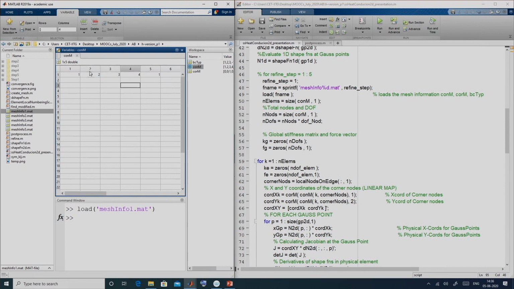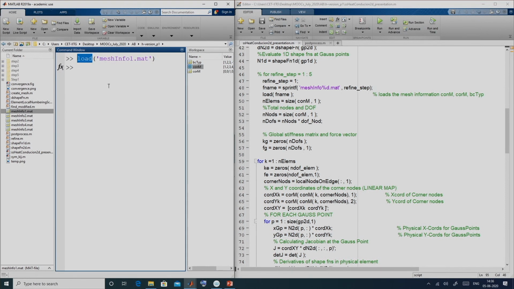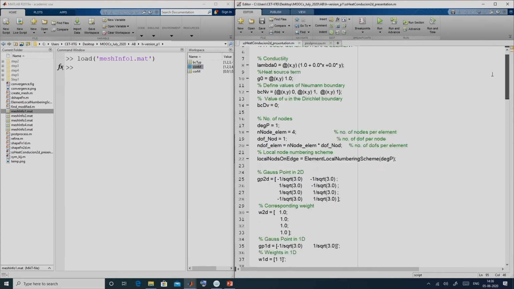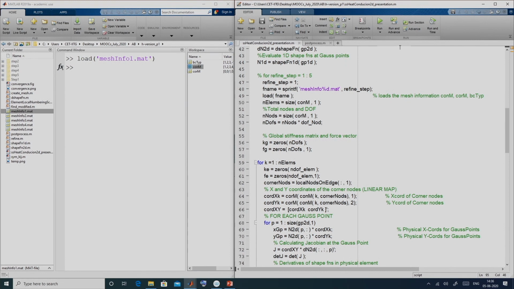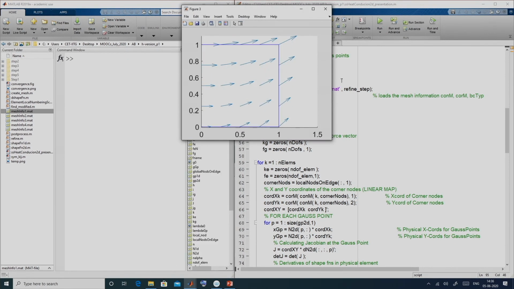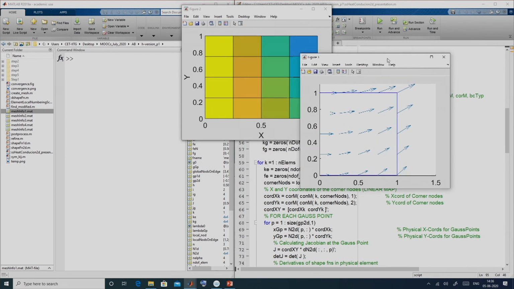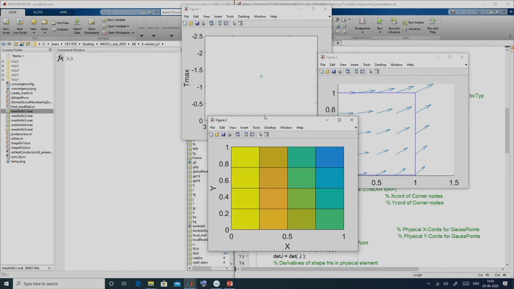So it tells me that it has only one element, alright. So let us go ahead and run this problem for one element, alright.